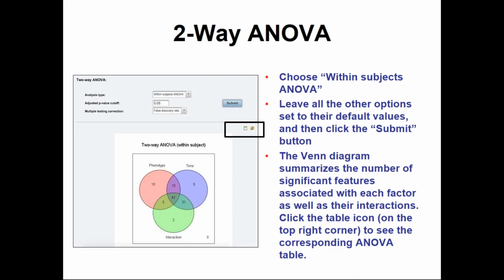Whereas when I was showing you at the very beginning, we're not really worried about separating those individual components. We're mostly interested in just simply how things have changed with time. So this is diving a little further into the data and trying to control or identify some of these things that may be either just a consequence of time only or a consequence of the phenotype, slow healing, fast healing, or the interactions between those two.